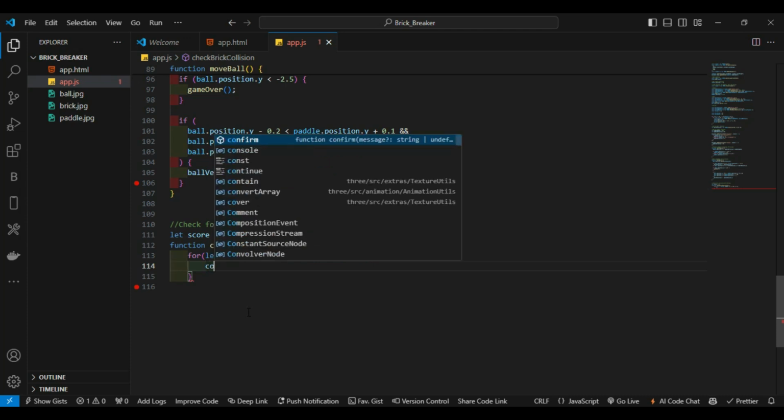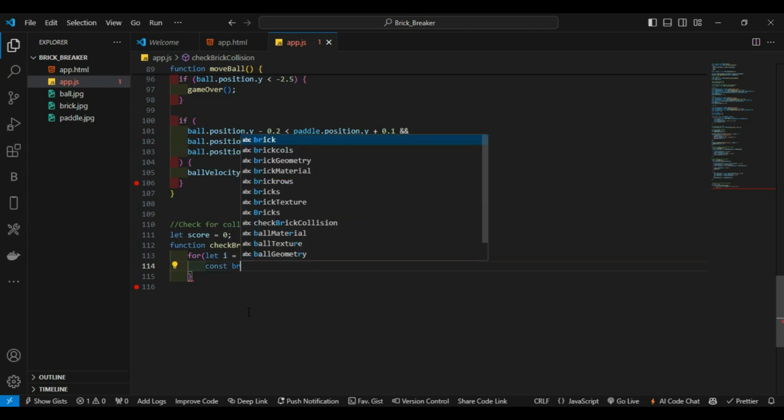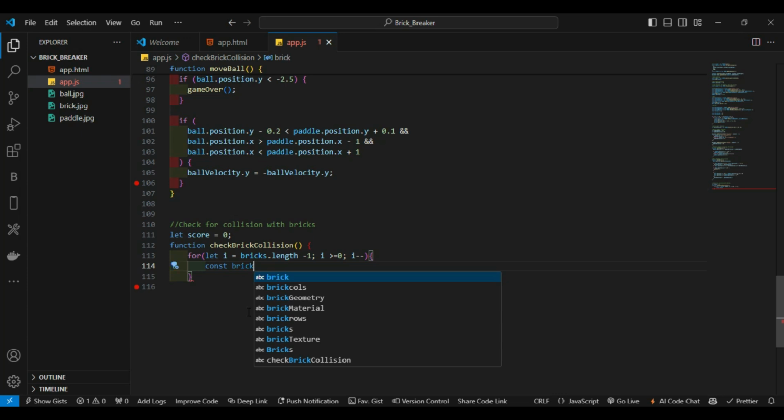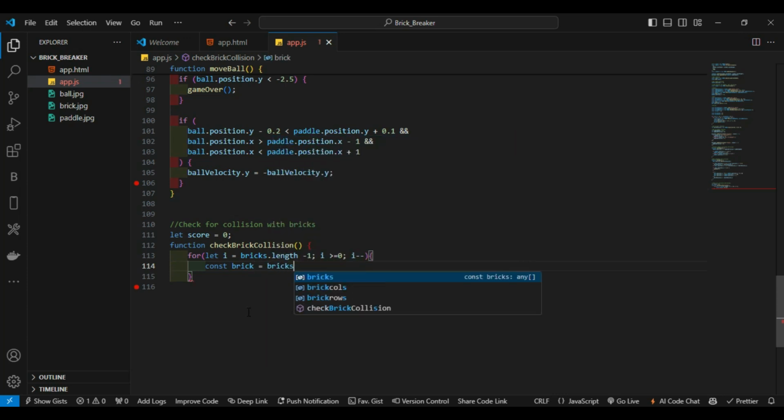Now I say const brick is equal to bricks index i, exactly this way. The next thing I do is check if the ball is near the brick